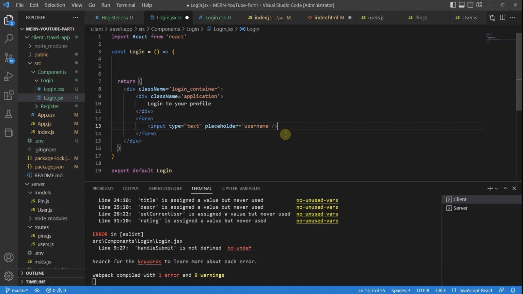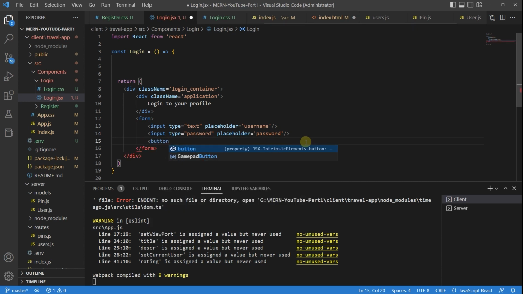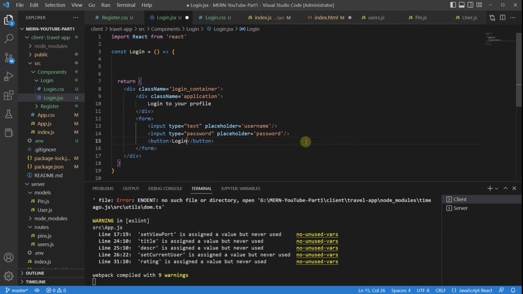It doesn't matter how we do it, but I'm just going to say password over here, placeholder password, and then I'm going to have a button. The button is going to say login, and it's going to have a class name of login button. All right. Probably I would just put the cancel icon. Okay. So currently,